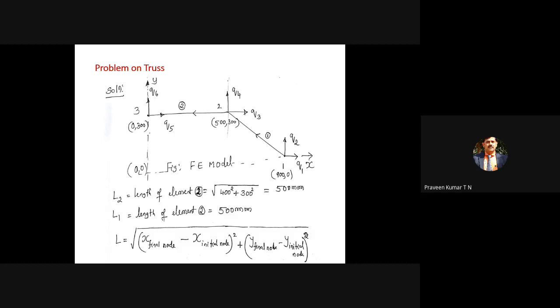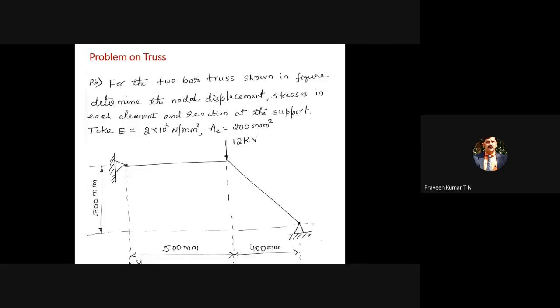Now, when you come to element 2, element 2 is a horizontal member. We can see here, this is element 2. This is a horizontal member of the truss. For that, the length of the element is known. L2 is 500. For a horizontal element, the length is given, that is 500. But for this inclined member, element 1, the length of the element is not given. From trigonometry, we can get the length of the element, because this dimension is 400. If you consider this a right angle triangle, the height of the triangle is 300 mm. The base of the triangle is 400.